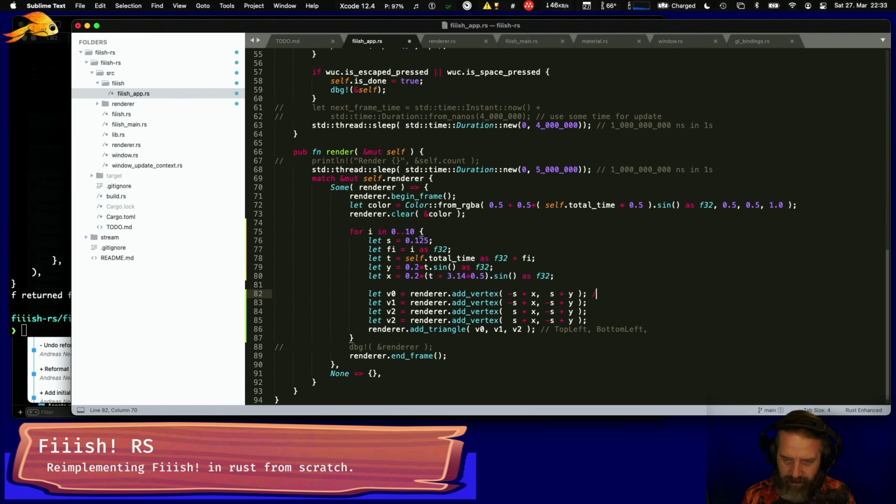This is top left. This is bottom left. This is bottom right. And this is top right. Probably should have named them differently, but